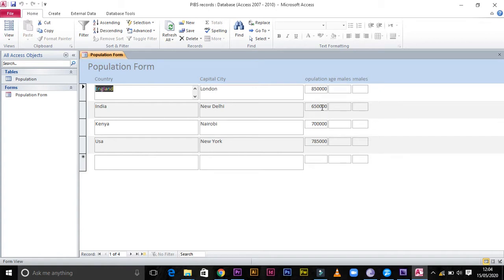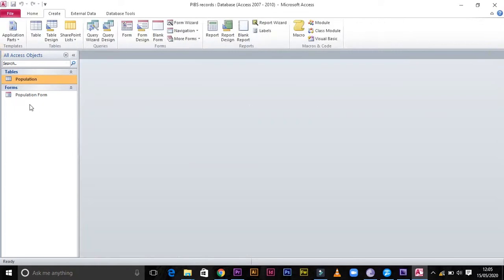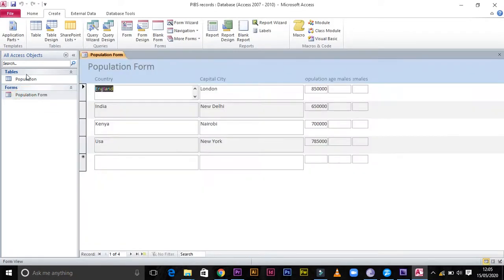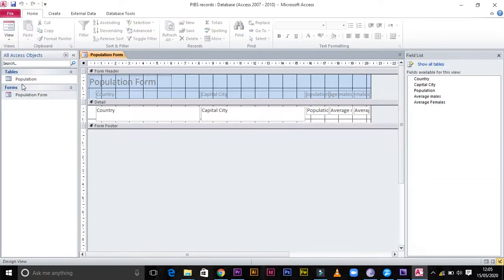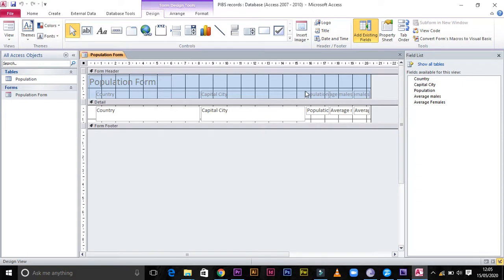Now after creating that form, remember we said that you should know how to do calculations in Microsoft Access, and the one way we said is that you can use a form to do calculation. So in this case I'll be using this form to show you how to do calculations. So you open the form, already it's open, I can open it again. You open it, then you click on home, then you click view, then you view it in design view. After viewing it in design view, here you can rearrange the fields and the records.